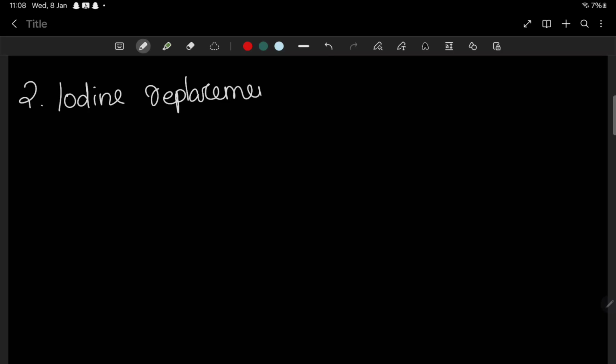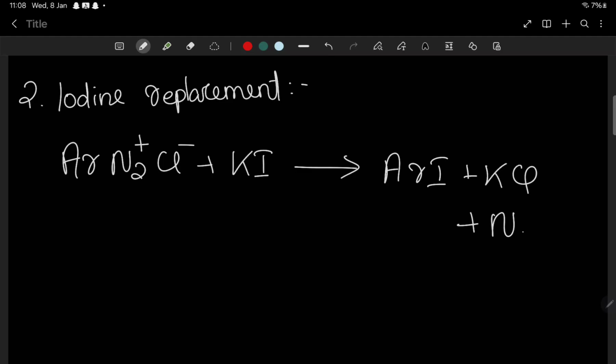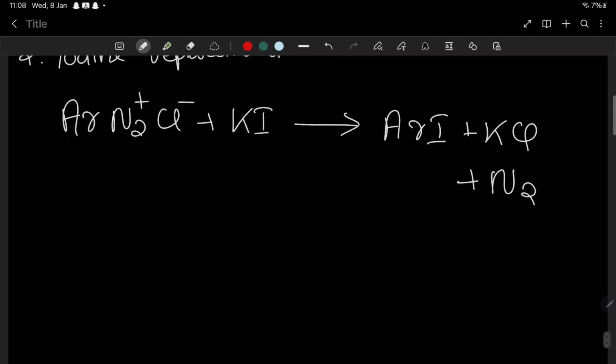The reaction with KI: just put some diazonium salt in a bottle with KI and shake it. After that you will get the corresponding iodobenzene. Yes, right. So take diazonium salt, add KI, you get ArI plus KCl plus N2. This is the reaction. Now next one is